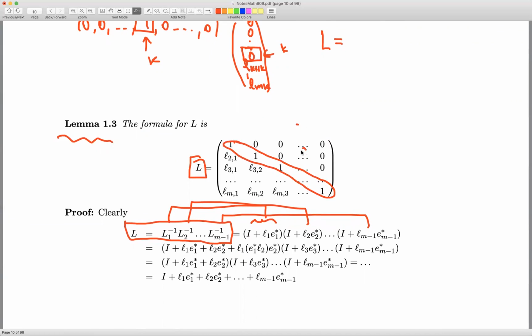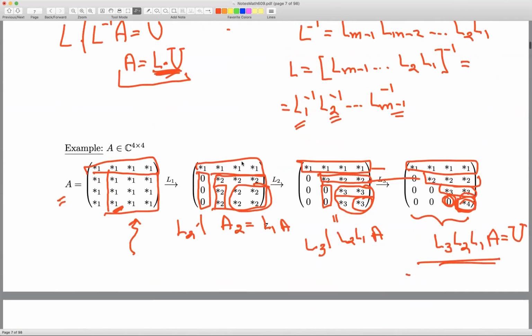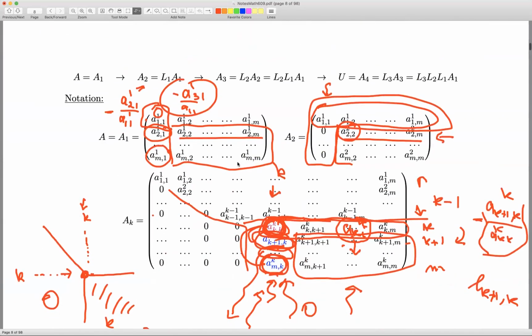Everywhere above the main diagonal, we have zeros, and below the main diagonal are exactly the numbers that we have. And what are those numbers, L_JK? Those numbers are A_JK^(K) divided by A_KK^(K). So after performing the first step of the Gauss elimination, we can fill in the first column of the matrix L below the main diagonal, because after the first step of the Gauss elimination, we will know these ratios, which